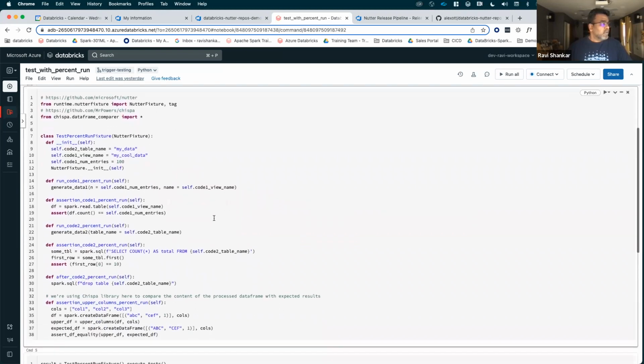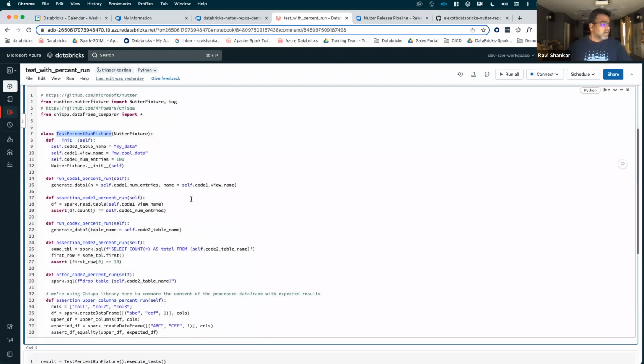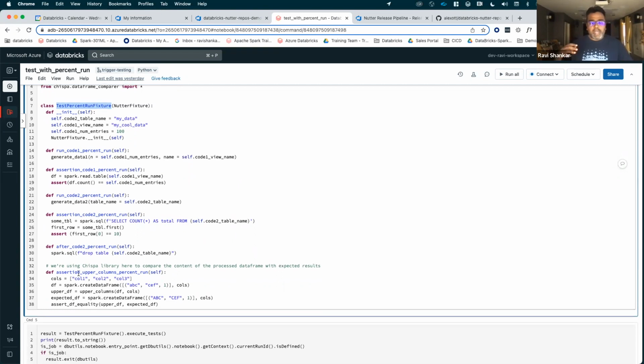So what I'm doing here is creating a Nutter fixture, which is basically a set of constructors that I'm using here, which will be used by all of my methods. A Nutter fixture is basically a test class that you'll be inheriting, right? It's a collection of one or more test cases, and each test case can have at least one assertion function. A test case can also have a before and after. What I mean by that is,